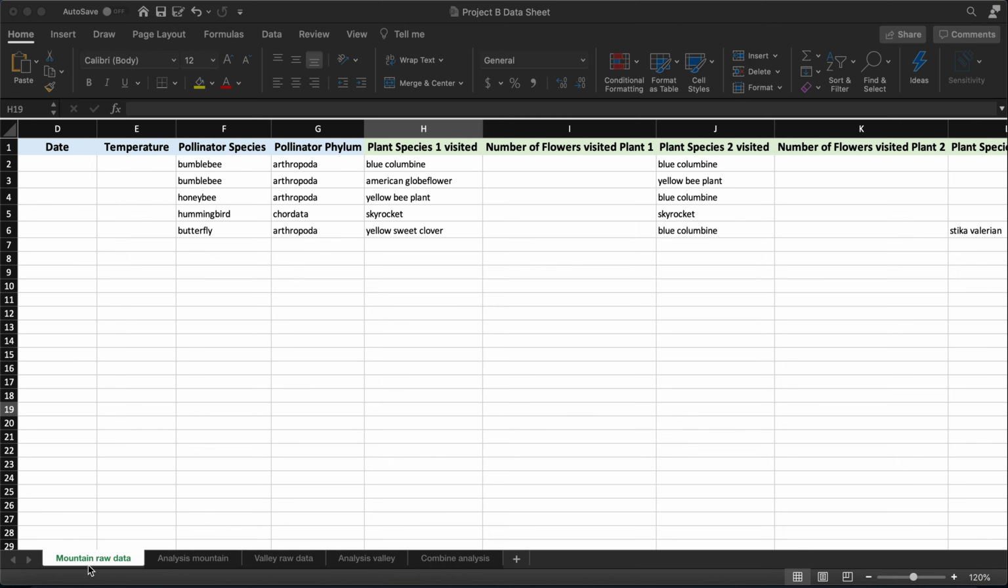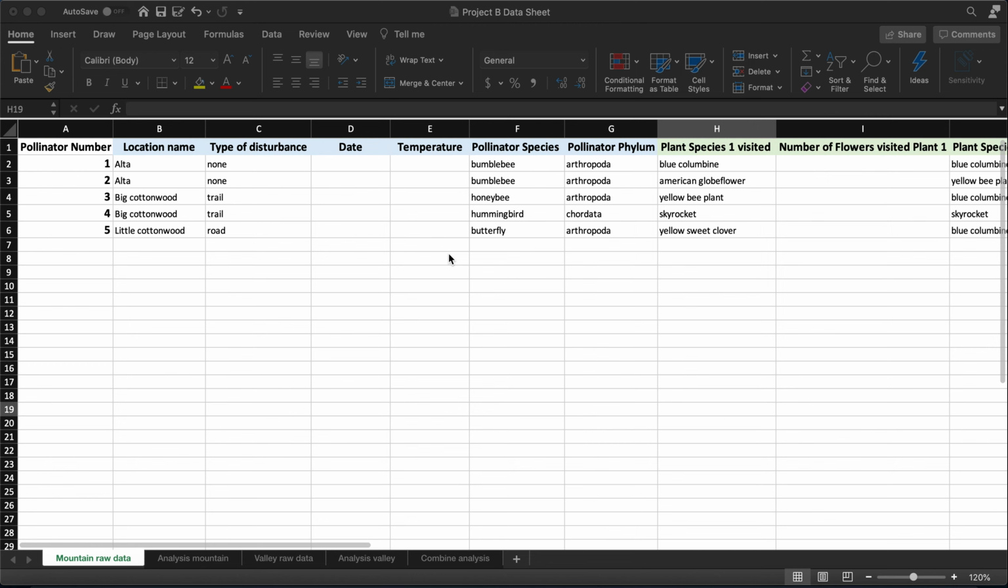Okay, so we're gonna start with the raw data. This is how your data sheet is supposed to look. Obviously, there's some information missing here that you should have more completed. We requested around 18 pollinators per site. If you didn't get enough from one site, then from the other one, you should have gotten more data. Okay, so you probably will get around 18 pollinators minimum, and I'm only gonna show 5,